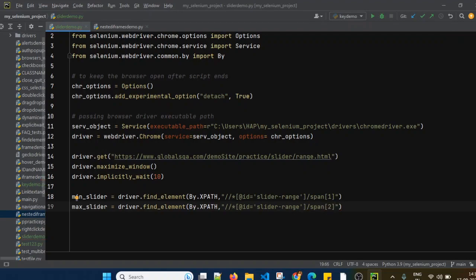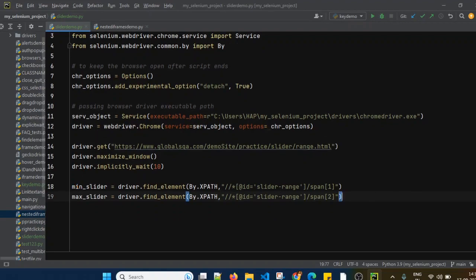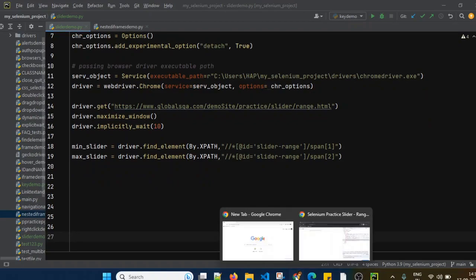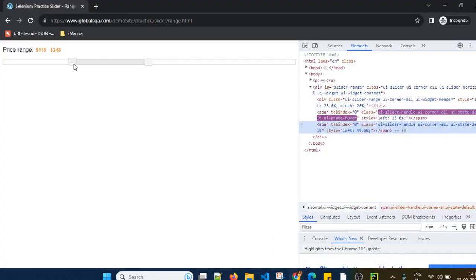So this is the XPath for the maximum slider. So what we have done here is, after loading the page, we have located the minimum slider button and maximum slider button. If you see, we have located this one and this one. We are capturing that web element.